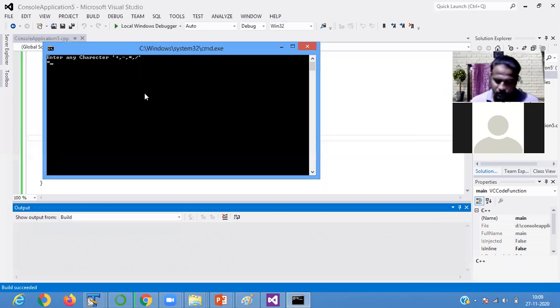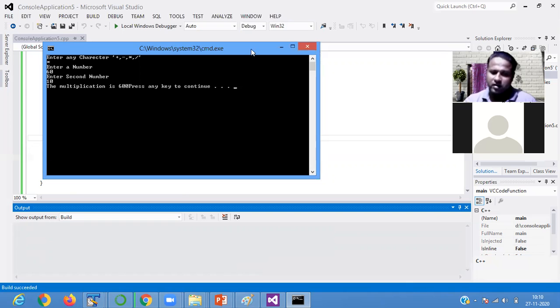the multiplication, then enter first number, suppose 60, enter second number, that is multiply, and it is showing you 600. Okay, now